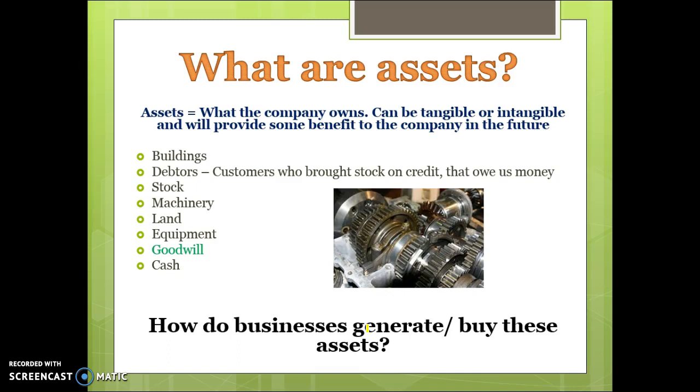Stock, so any sort of inventory that you have or anything that you've got ready to sell is an example of an asset. Machinery, so any machinery you've got, any equipment that you've got on hand, any land, and any cash you've got in your business as well. So this is all on behalf of the business. Any physical items that they own at a particular point in time are included in their assets. And these assets are used to try and generate profit in the future.